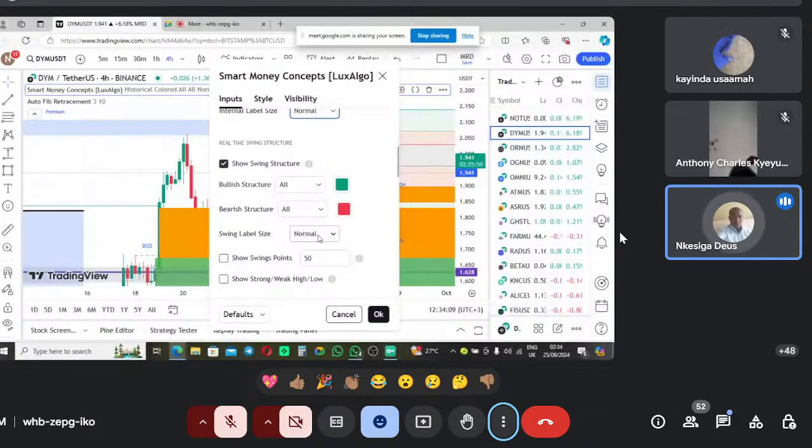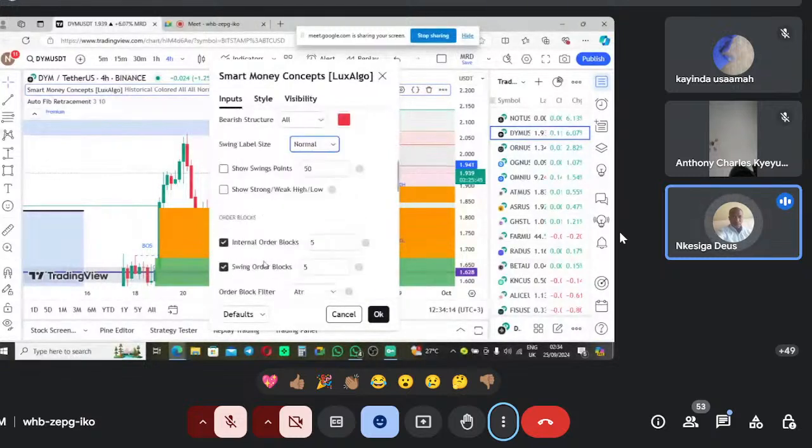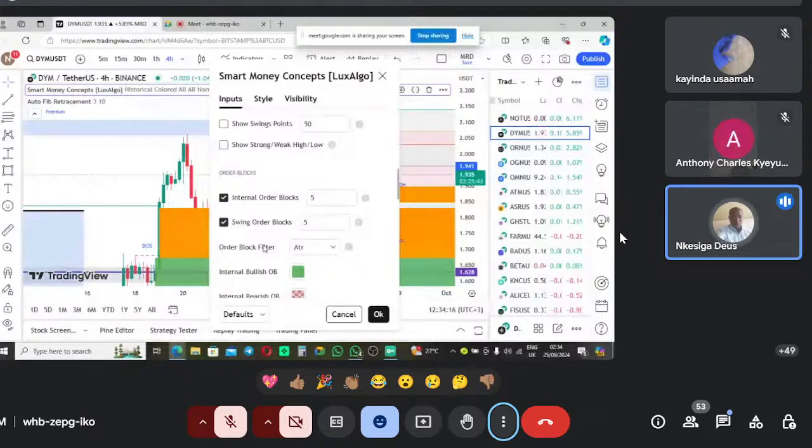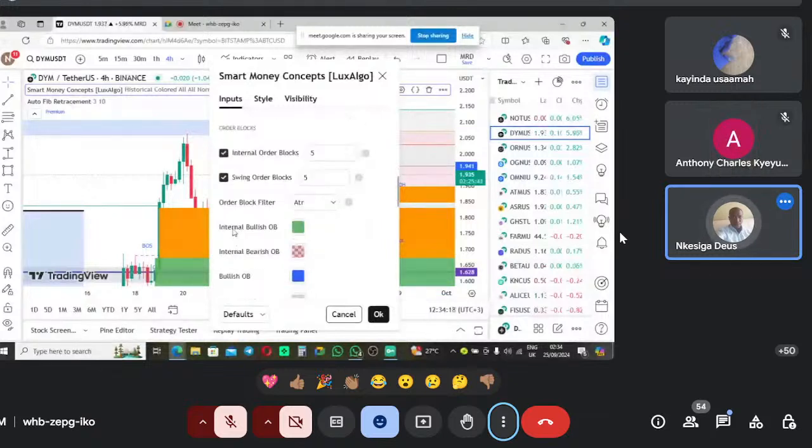Swing label size, we turn it to normal as well. Then we go down slowly. We go to what we call internal bullish OB. Internal bullish OB, of course, as long as you see the word bullish,